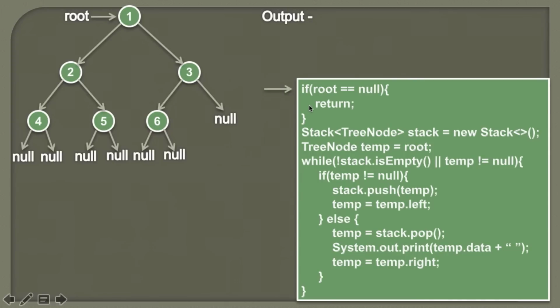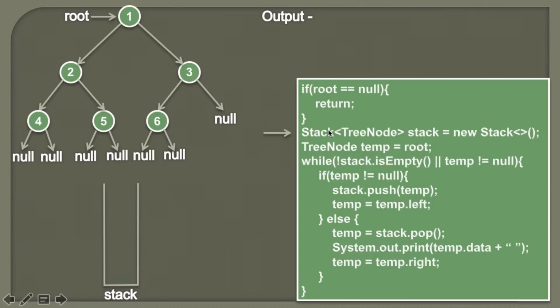So basically in the first step we check whether root is equal to null or not. If root is equal to null, we simply return, because there are no nodes in the tree to be traversed. Currently you see root is pointing to node 1, therefore it's not null, so the condition in the if block comes out to be false. After the if block, we create a stack. Now this stack will hold the tree nodes for us. It would look something like this.